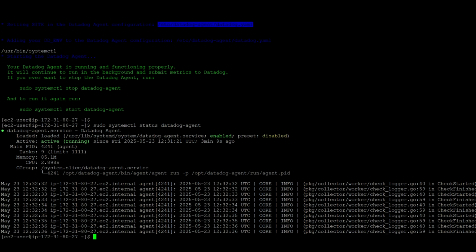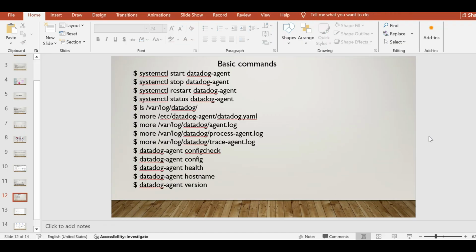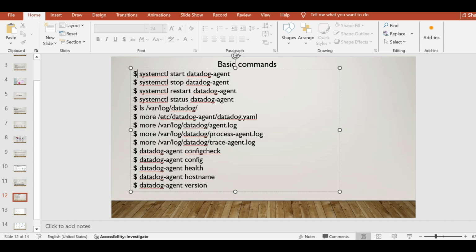Datadog YAML file. Okay, so this is the main configuration file. Before entering into that, we have some basic commands. Just we'll see here. If you see the first four commands, they are related to the Datadog agent; by using them you can start, stop, restart, and check status. So here, if you're running from a normal user, then you have to add sudo in front of it, like this: sudo systemctl. If you are running from root user or admin privileged user, then you need not add sudo